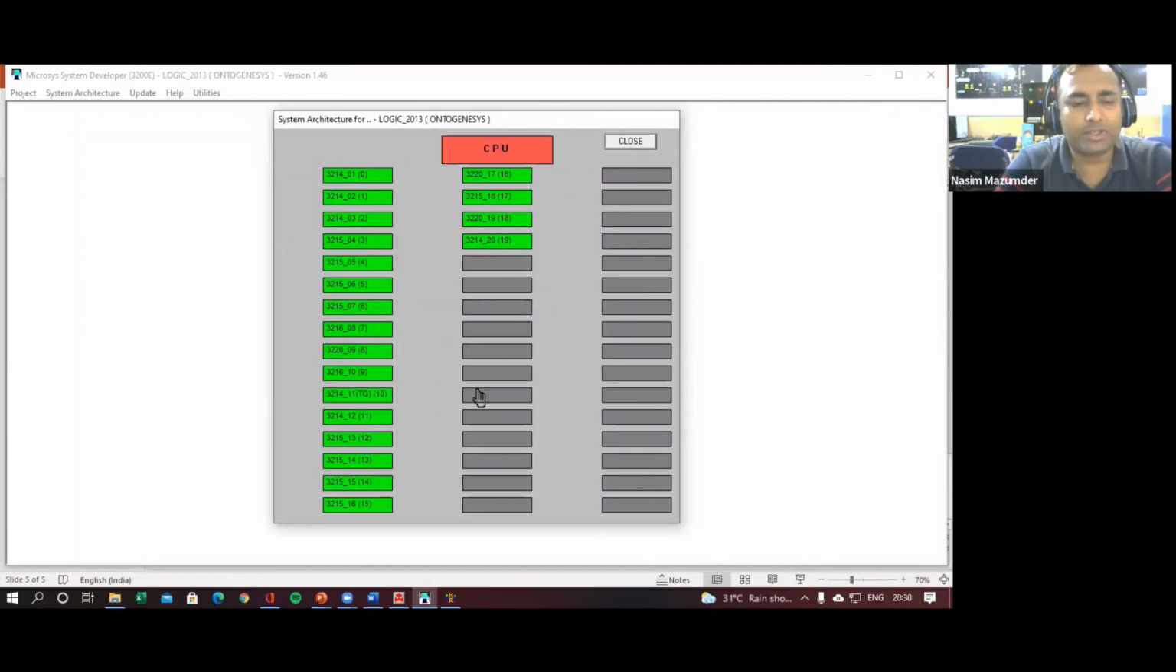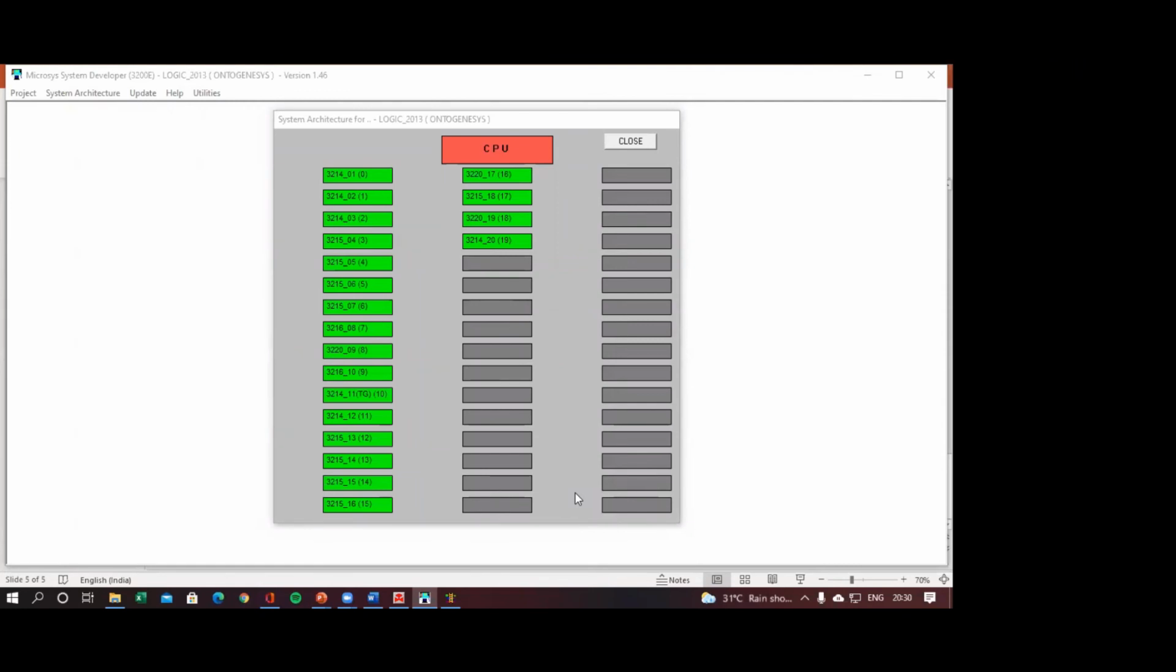Anybody has any questions regarding this timer? Anybody has any doubts? Okay,